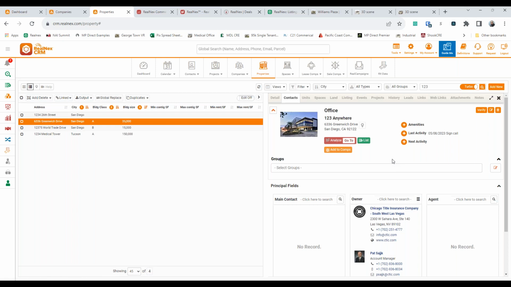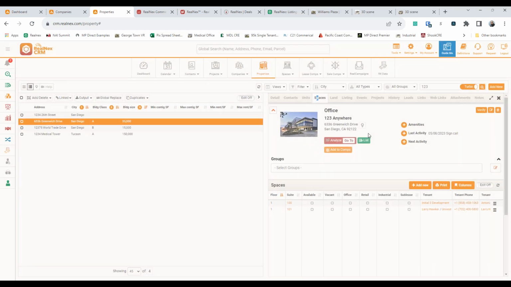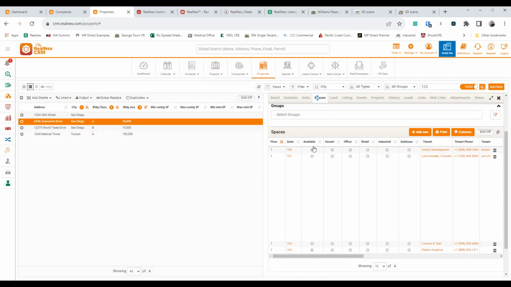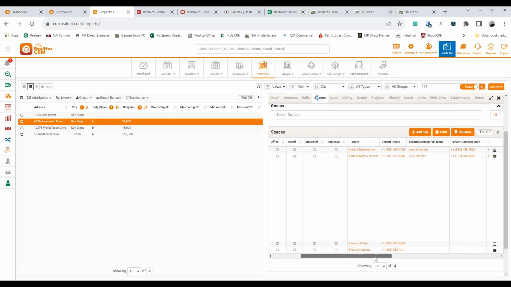So we're going to represent them for their leasing needs. We have the ability to keep track of all the buildings that we represent them for. We know who the primary contact is for each company, so we can report to them properly. We can also see the complete rent roll for each one of the buildings we represent them for. We can track when our leases come up, what leases are available in there, and then